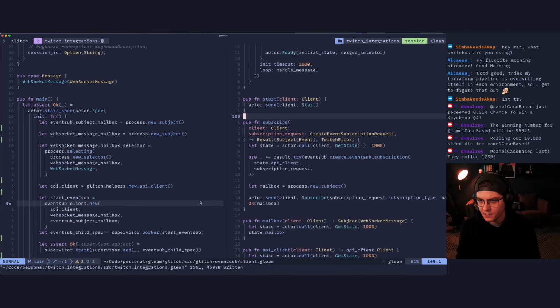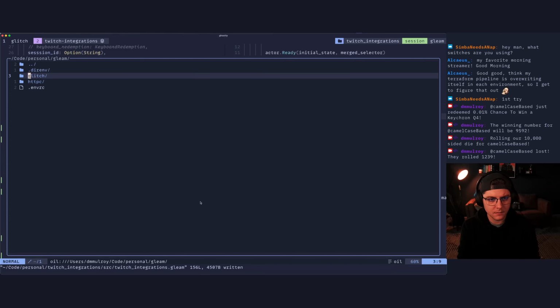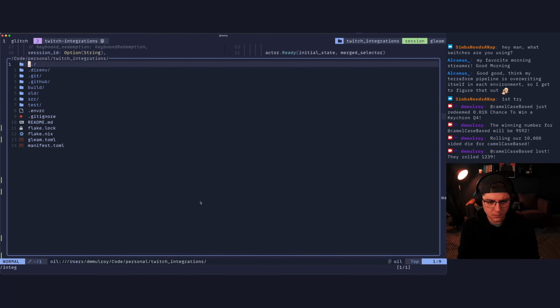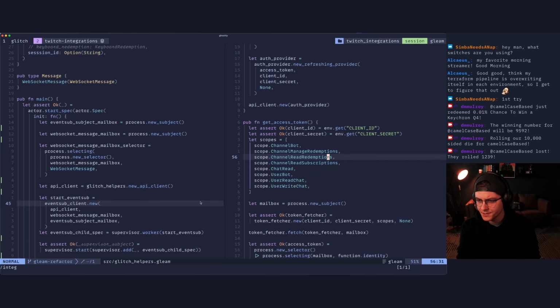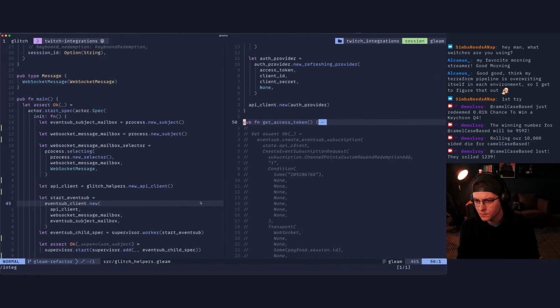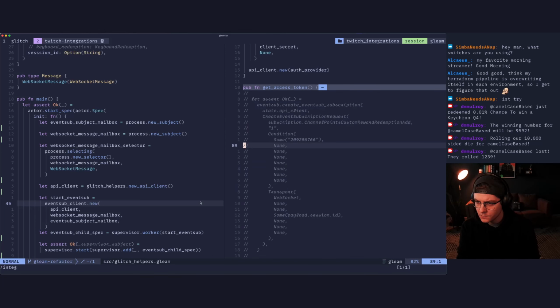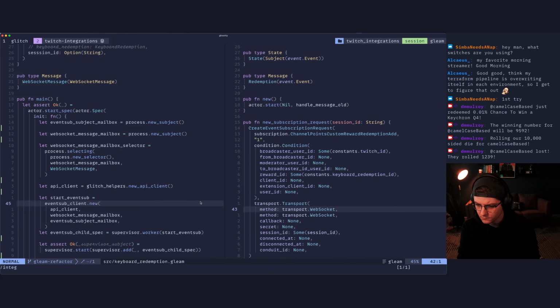That's the code that is, where's it at? If we look in here, glitch helpers, these blocks of code right here, or actually, this thing.